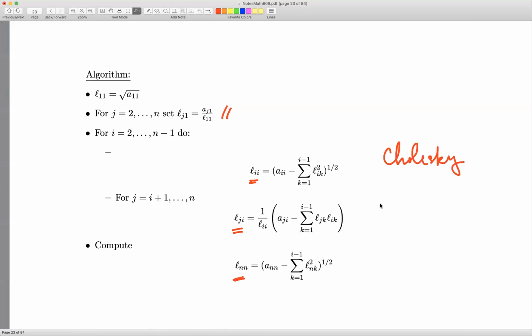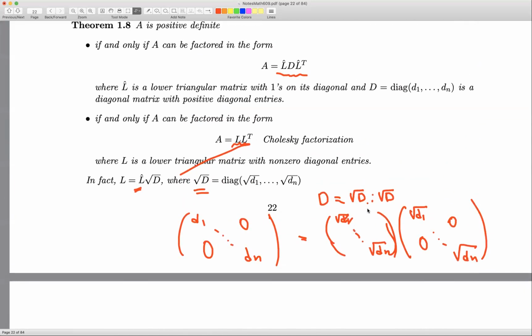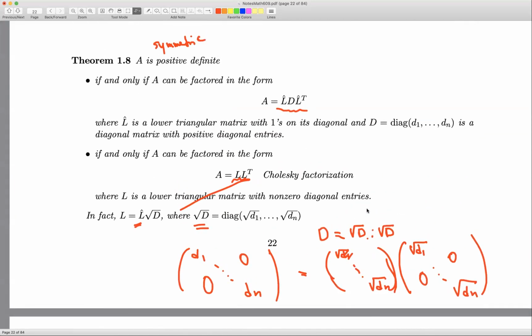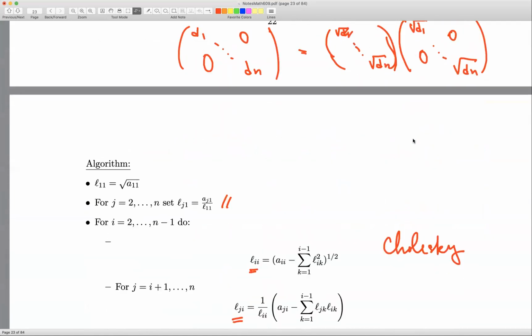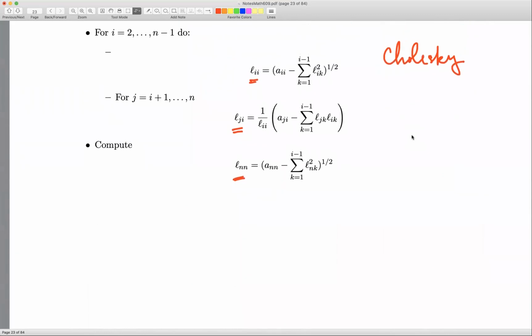factorization. And once again, if the matrix A is symmetric and positive definite, then this matrix can be written as a lower triangular matrix times a lower triangular matrix transpose. And in a lot of cases, this Cholesky factorization is useful. And with this, we finish the